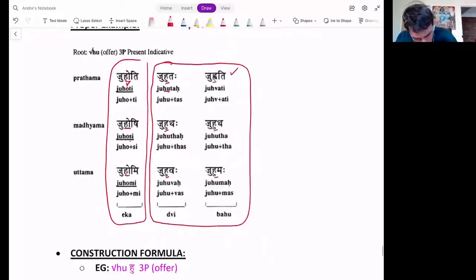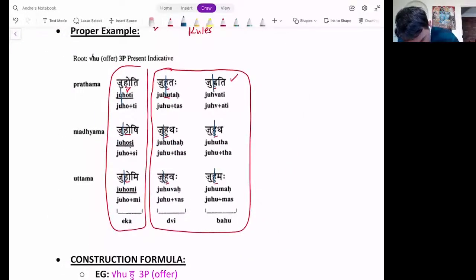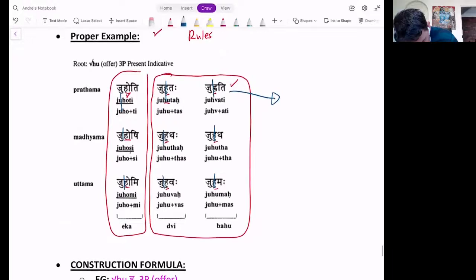Now, the only thing you'll notice that's a little bit strange is this ju, ju. Okay, so this ju is called the abhyasa, the duplication. So the next question is, then, how do you go from hu into ju? Okay, well, it's not surprising. I mean, you can hear, for example, here, see that this u, we'll use this one. Let's use this.